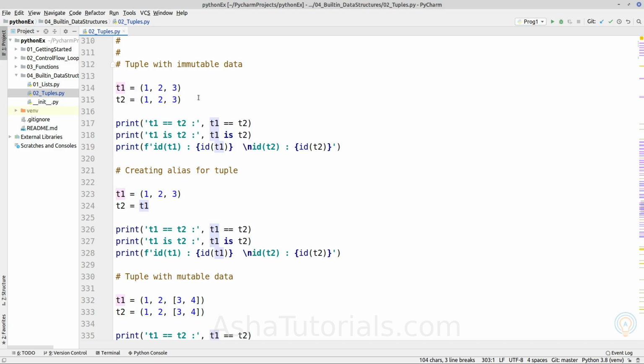If the resulting object is already inside the memory, it will return the memory reference of the existing immutable object.